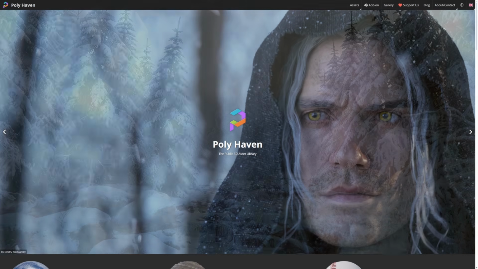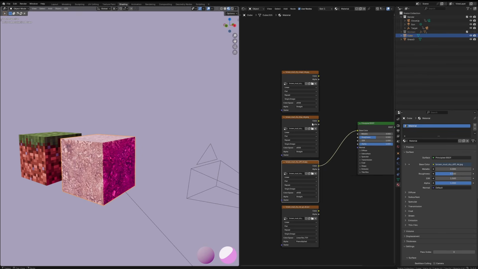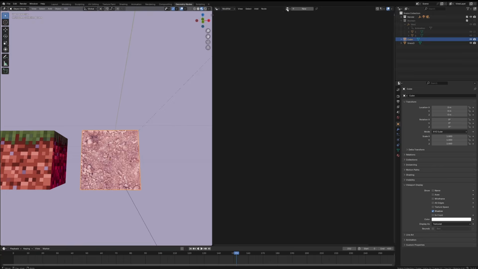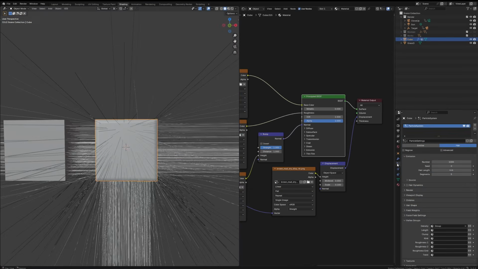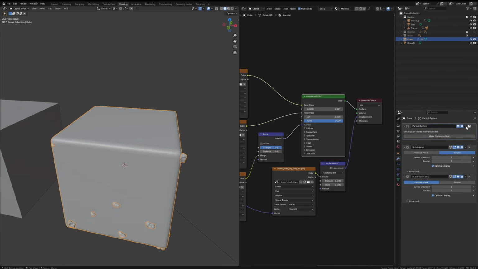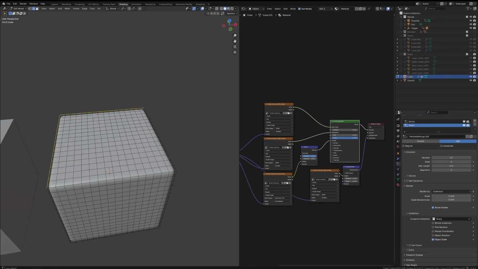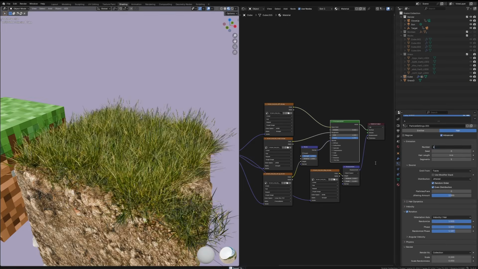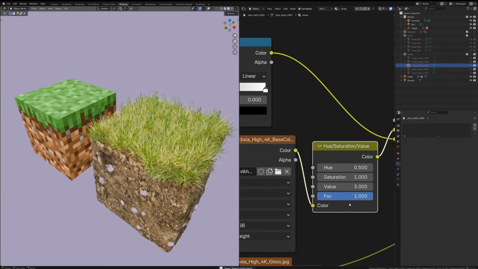This last one uses PBR materials from Polyhaven and Quixel, and I think that's really improved the quality. I started off by applying the dirt material from Polyhaven, and messed around with the setup a little bit. Then I put in some rocks from another blend file, and used Blender's particle system to place them randomly around the sides of the block. I imported some clumps of grass from Quixel, and again used particles to distribute them across the top of the block. And then after some finishing touches,